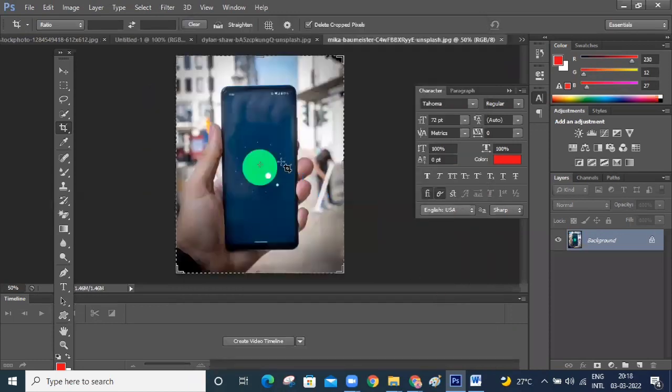With perspective crop tool, the shortcut key is also C. By default the crop tool is selected. If you want to come to perspective crop tool, what will you do? Yesterday I told you, crop tool shortcut key is C. Shift plus C, right, sir? Yes, Shift plus C. If you press Shift plus C, perspective crop tool will come.